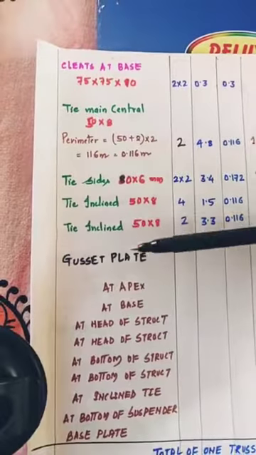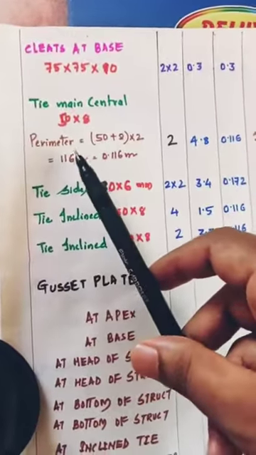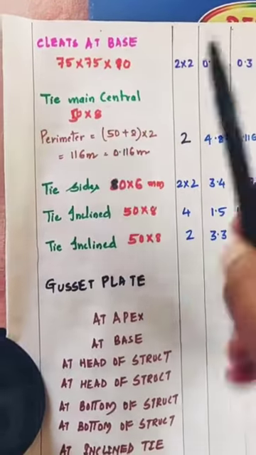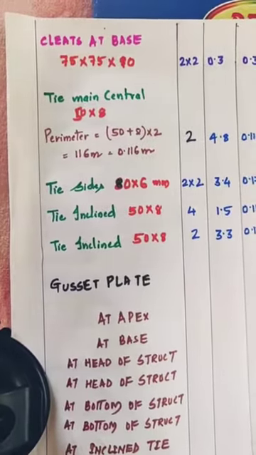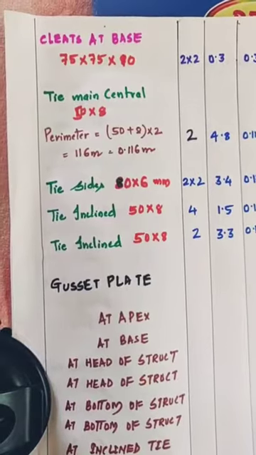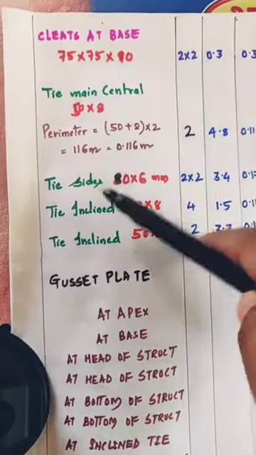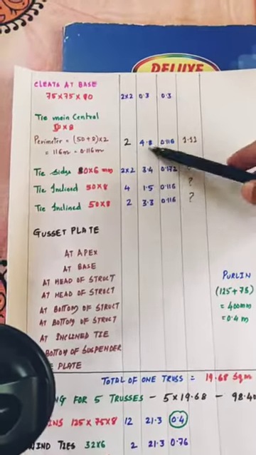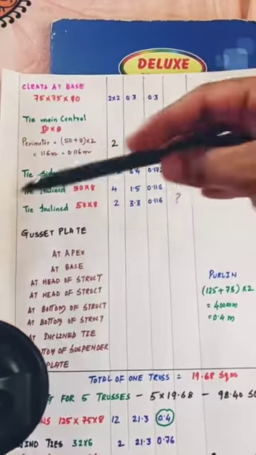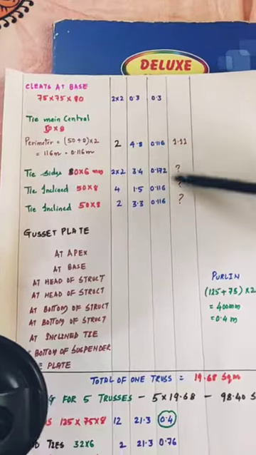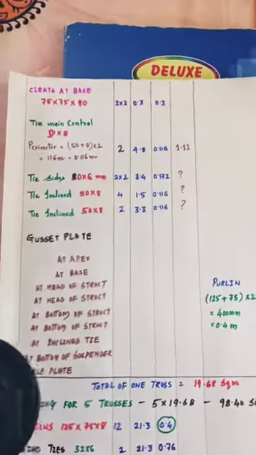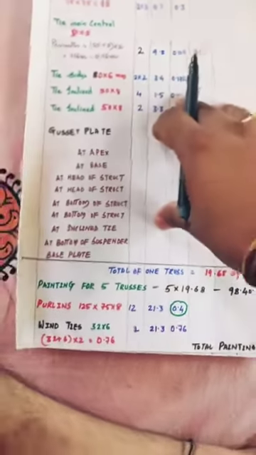Similarly, tie members. Here it is a plate member. So perimeter will be what? I showed you the plate section. So 50 is the thickness, 2 faces, and thickness 8 mm, 2 faces. So you will get the perimeter. So there are two numbers. For the first row, first column and second column, you already have the quantities. Just write these perimeters and this will be the quantity. So this question mark is left out for you people to work out.